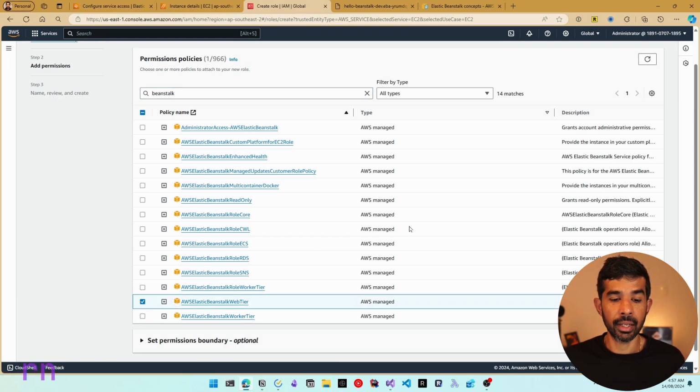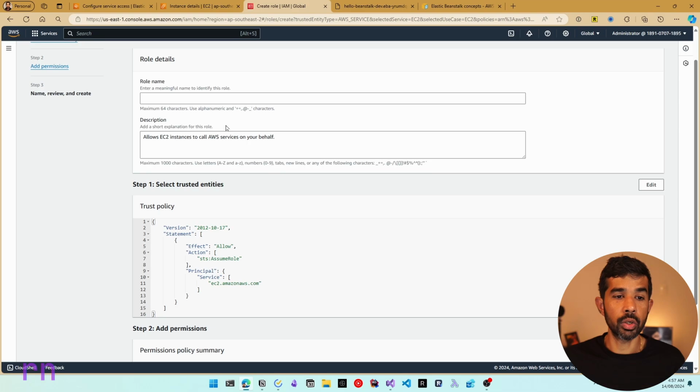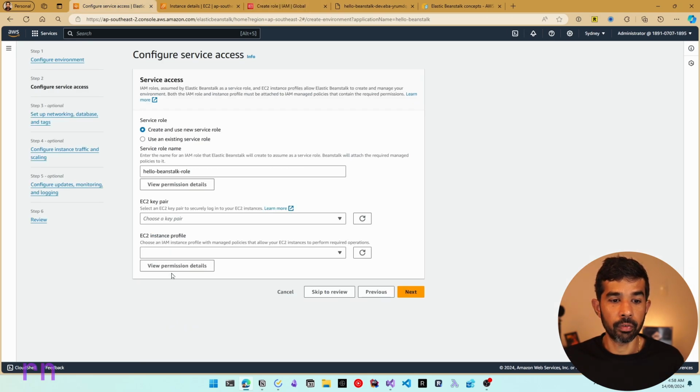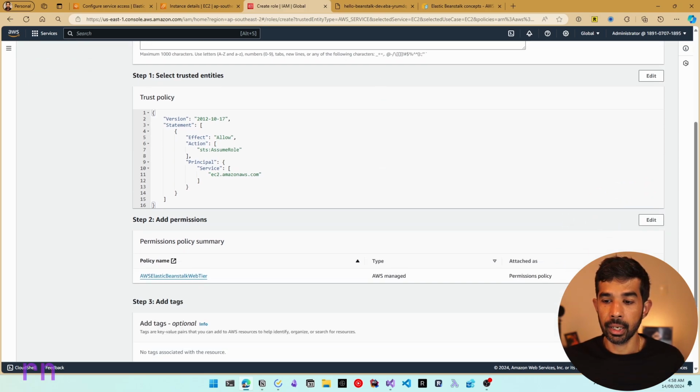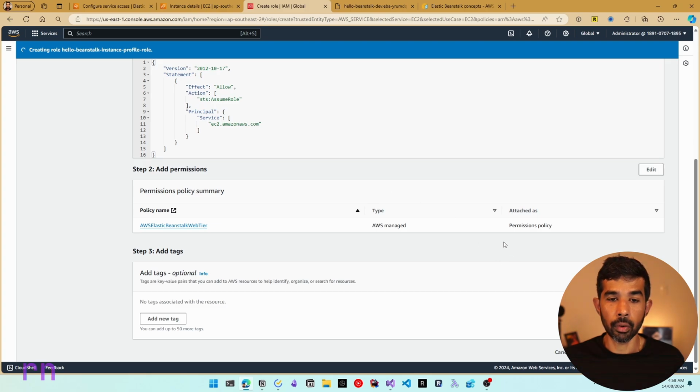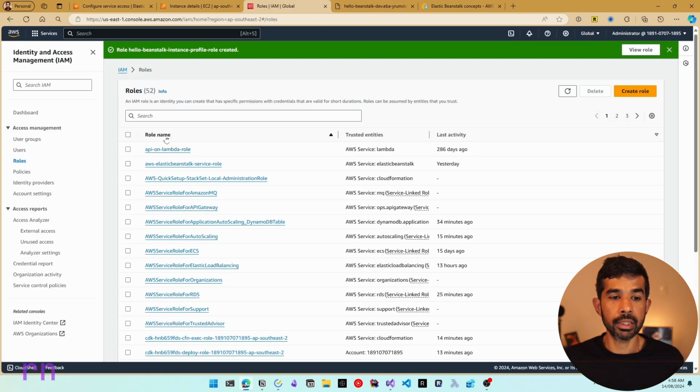So let's select that and click Next. This is going to assign that permission to this role. Now, in this case, let's give this a role again. Let's specify Hello Beanstalk. Now, this is a profile role, so let's specify instance profile in the name. Let's also specify instance profile role, and let's click create. Now, this is going to create the role inside our IAM, which we can start using